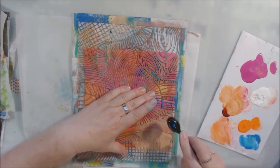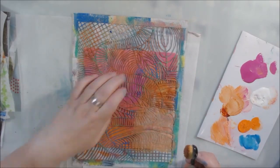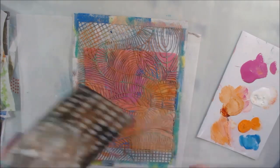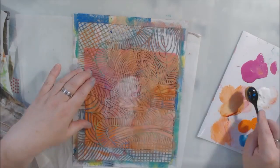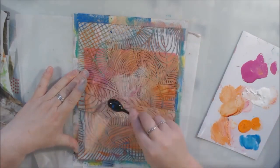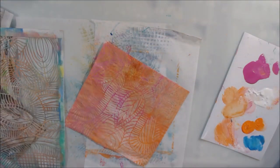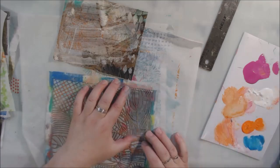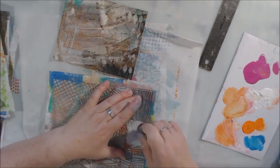So I decided to use underpapers, and I have a big plastic basket that's next to my desk. It's kind of underneath my desk. And when these underpapers get too dirty, I just put them in that basket. And they're usually 12 by 12, and they've got stuff on them. They've got mark making, they've got scraped excess paint. A lot of people will scrape their excess paint into like a composition book or something, but I just scrape it onto my underpapers and then I just put them in that basket to dry to use later